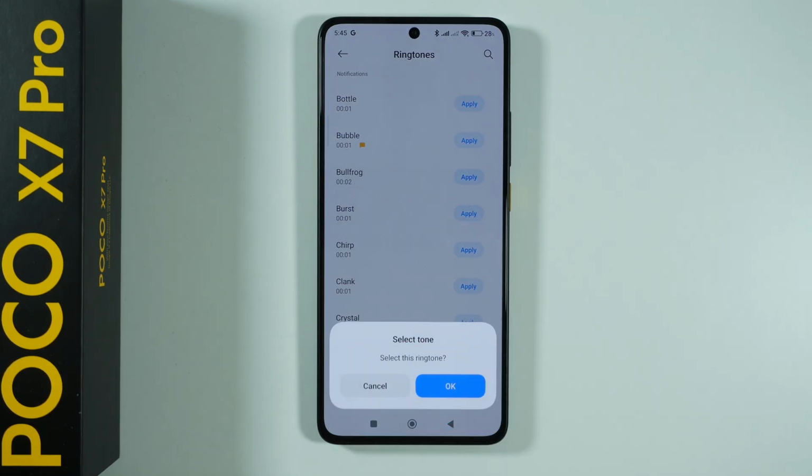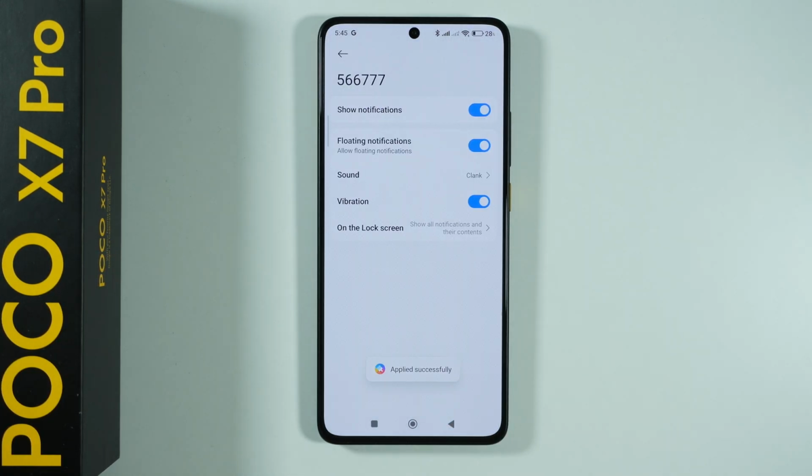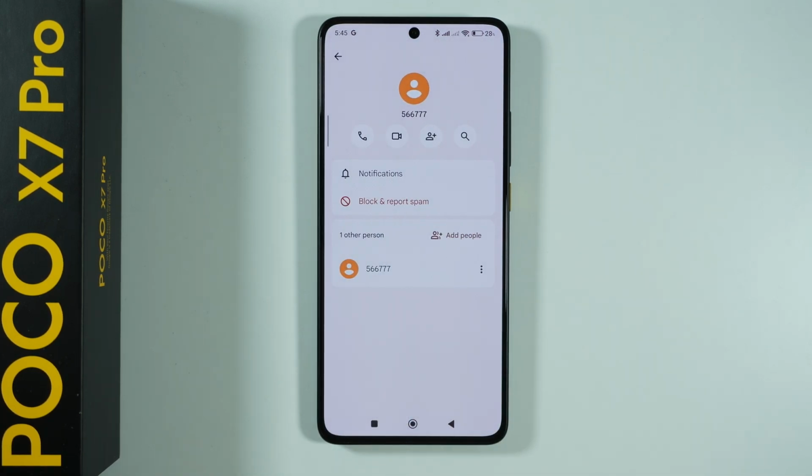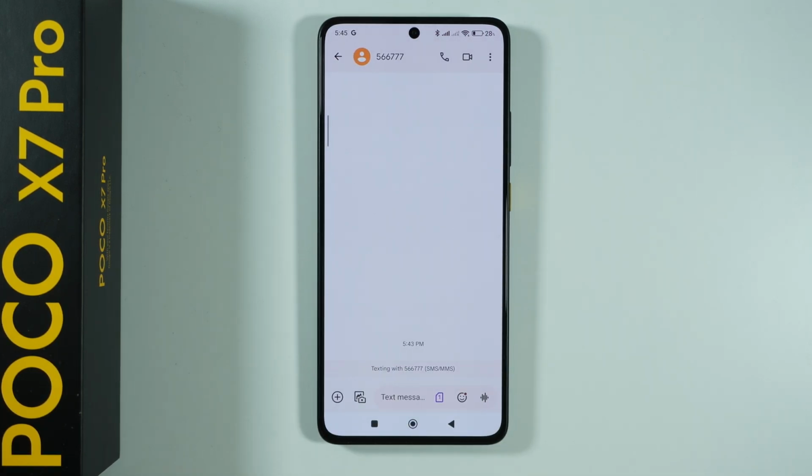So let's say I'm gonna choose this one, I'm gonna press apply and then press OK to confirm. And there we go. Now I have a different notification sound that will be played when I receive a message